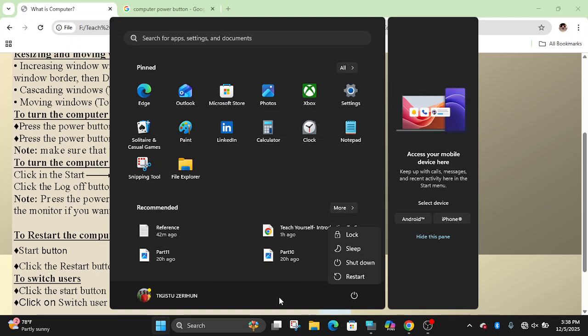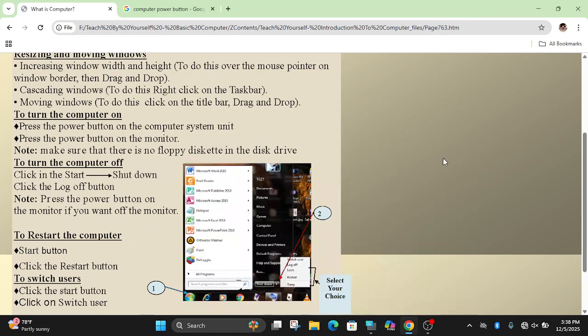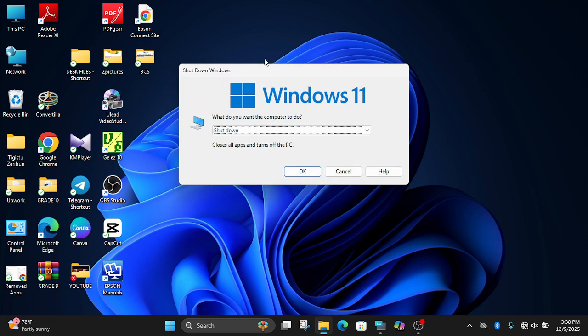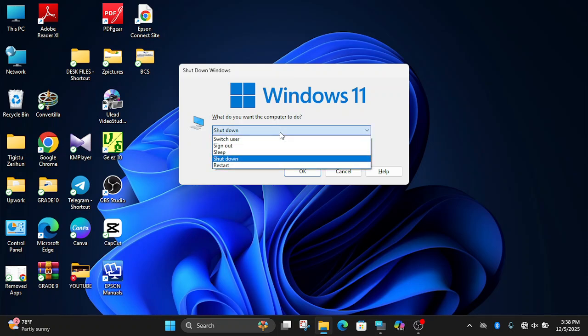What about switch user? It's possible to use Alt plus F4 on the keyboard to exit a computer. That is the Alt key with the function key F4. It displays such a window. Function keys are at the top, F1 to F12, and the Alt key is a modifier key: press Alt without releasing it, together with F4. It displays this option, and Switch user is also here.